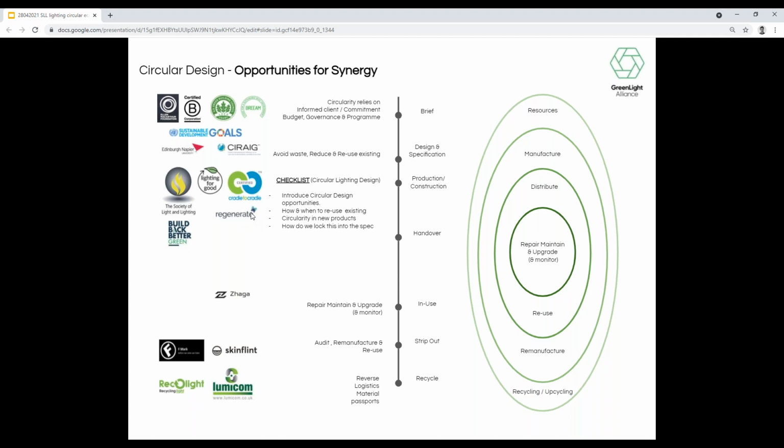Regenerate is a circular assessment method by Reading University, I think, and we can share a link to this afterwards, but they've developed a building-wide assessment method for the circular economy, and it's open source, anyone can have a look at it. It's been developed with AECOM as well, and I highly recommend exploring and investigating it, because we need to broaden our horizon as designers and manufacturers. We can't just focus on engineering our way out of the problem in front of ourselves.